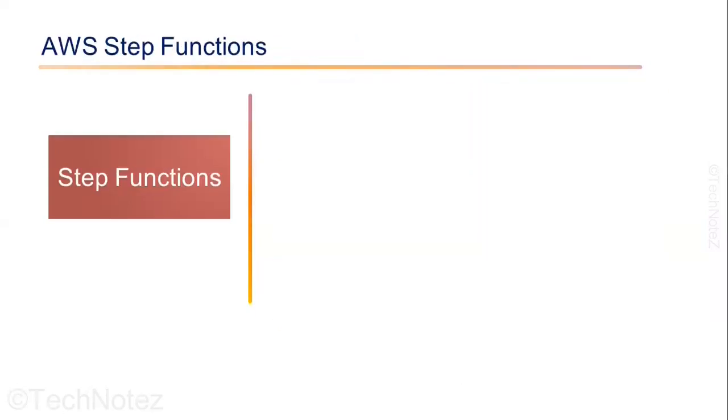Last but not least, let's talk about the AWS Step Functions. AWS Step Functions is a serverless workflow service that enables you to coordinate the components of your application into a series of steps or a state machine. You can use Step Functions to automate multi-step workflows such as data processing pipelines, order processing, and application orchestration. AWS Step Functions is a powerful tool for building scalable and reliable applications, and it can help you to streamline your workflow and reduce the complexity of your application.